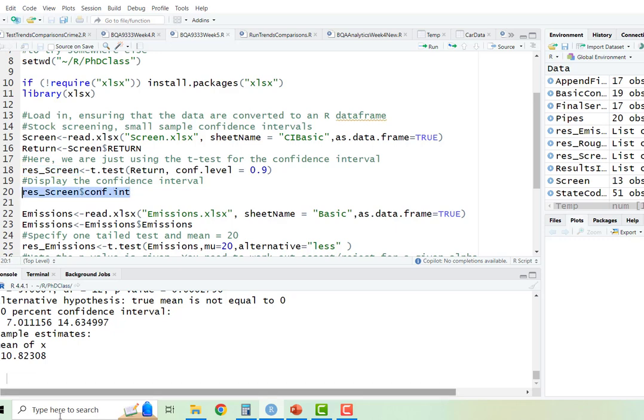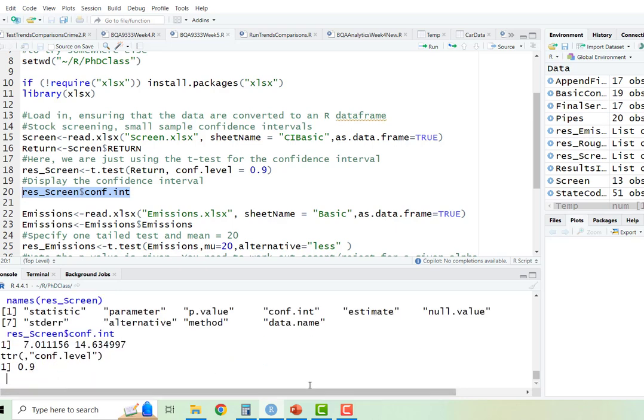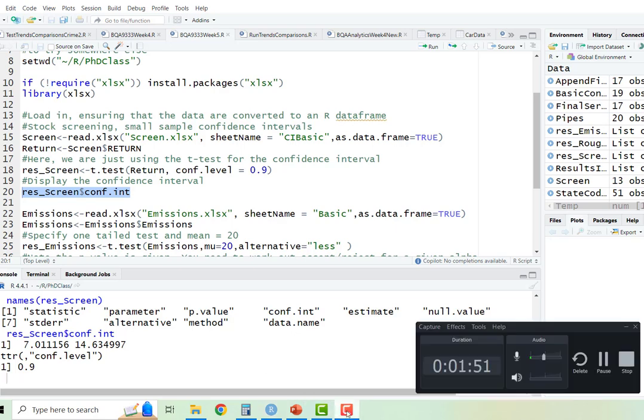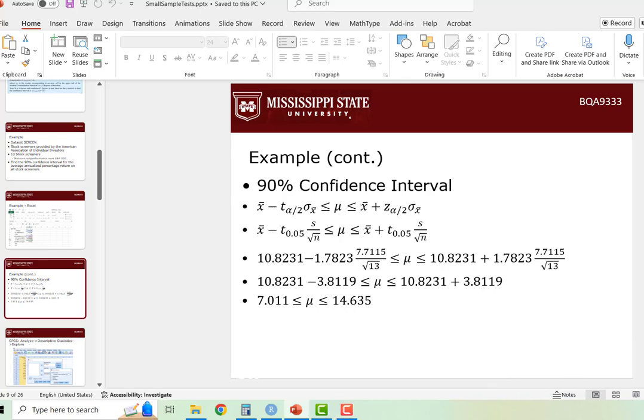But we can actually get that if you just did, for example, names. You get all the information contained within the output, and one of those is the confidence interval. So we can just get the confidence interval, 7.01 to 14.63, and just check that it actually matches what we did in class and we didn't mess up, so